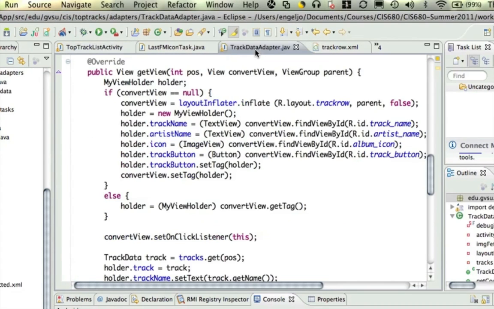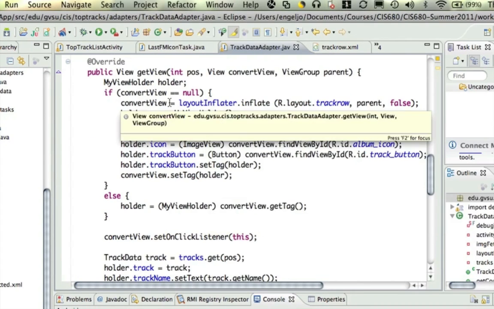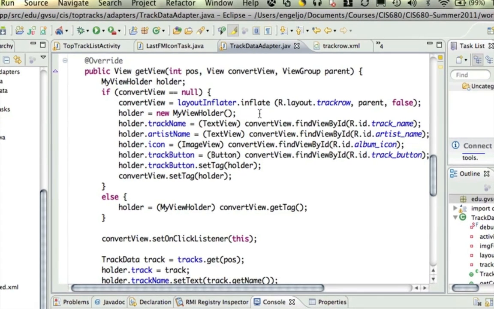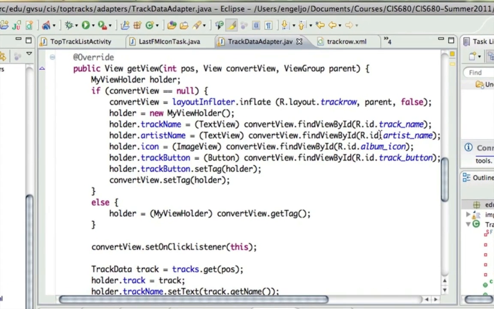Oops, I was in the adapter. Once we've inflated it and we've got a view, now we can go in there and actually pull out references to those individual widgets that were defined within it, and we can use that data to set the actual values. So what I'm doing here is creating my own little convenience class, and I called it my view holder. I just want to take all of these references to the inside controls and bundle them all up into a simple class. And so this view holder I've defined